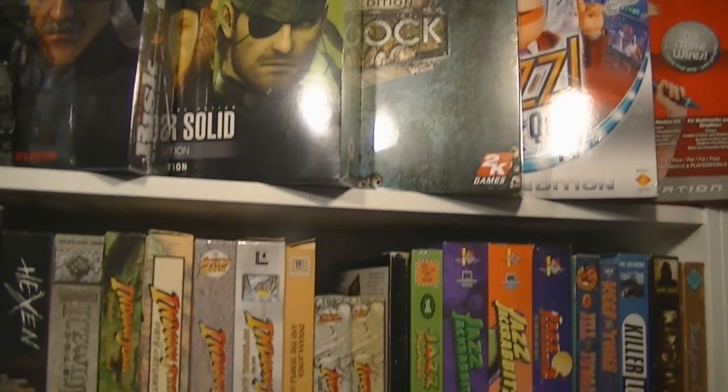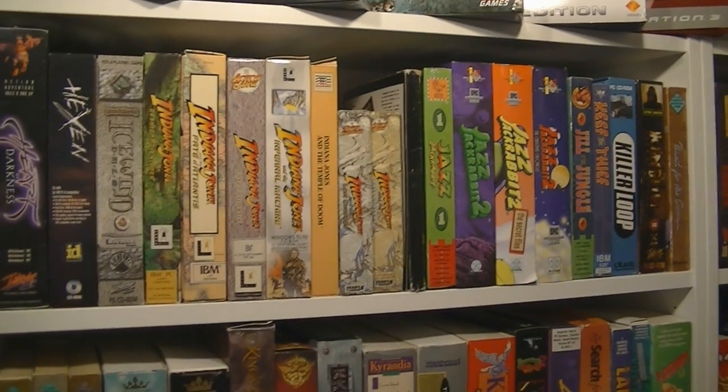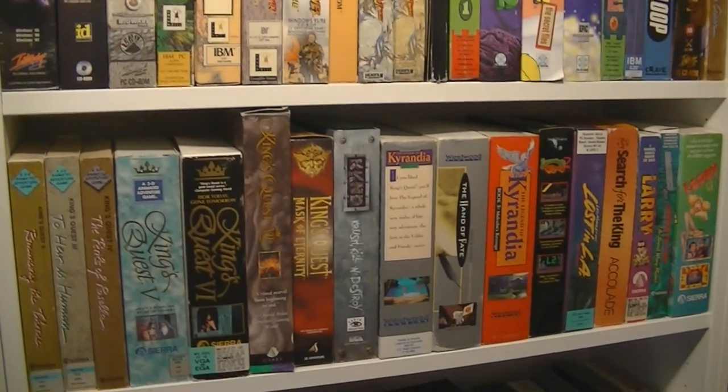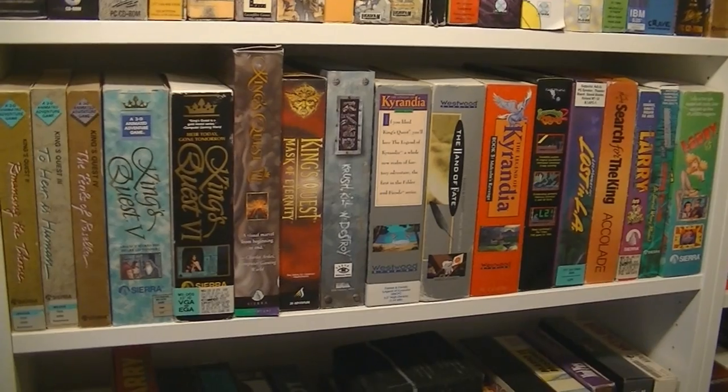On top of these cabinets I have a lot of different special editions. You saw some for Metal Gear, but there's a lot up there. Also press kits that are simply too big to put in a normal cabinet. For the rest of the PC collection, as I said, I try to get all the special ones and all